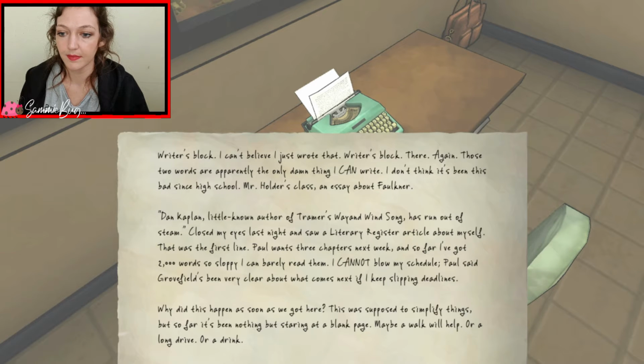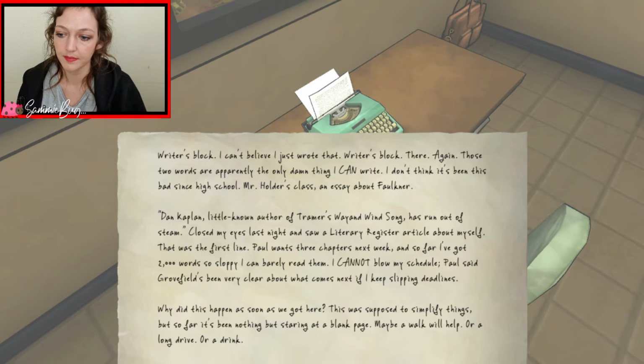That was the first line. Paul wants 3 chapters next week, and so far I've got 2,000 words so sloppy I can barely read them. I cannot blow my schedule. Paul said Grofield's been very clear about what comes next if I keep slipping deadlines. Why did this happen as soon as we got here? This was supposed to simplify things, but so far it's been nothing but staring at a blank page.